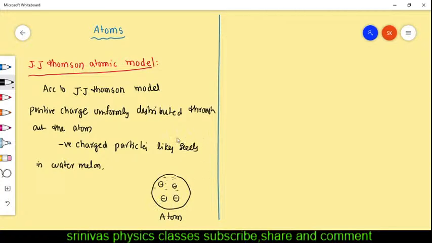This is the J. J. Thomson model, and we can also say that it is a plum pudding model, because it is explained based on the watermelon. Okay, and next,